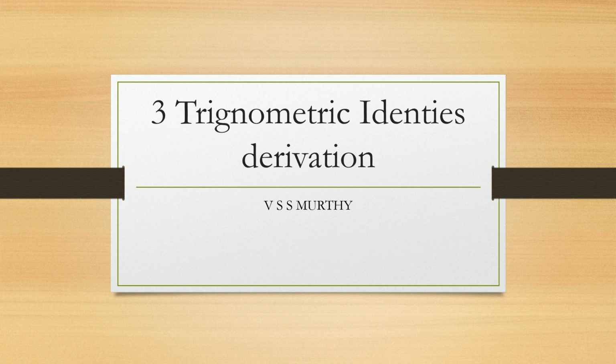Actually, the syllabus in these two Telugu states is composed of four concepts. They are the definition of ratios and problems based upon the definitions, which is the first part. The second part is trigonometric ratios of the standard angles 0 degree, 30 degree, 45 degree, 60 degree and 90 degree. The third part is complementary angle relationships, that is 90 minus theta relationships, and the fourth part is the trigonometric identities. There are three trigonometric identities. These are the four parts.